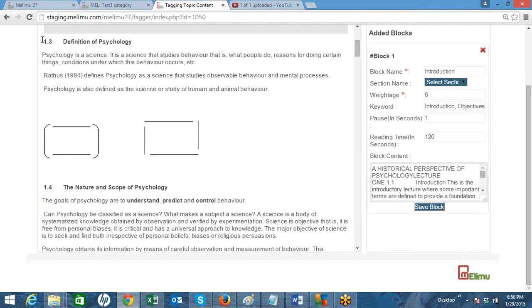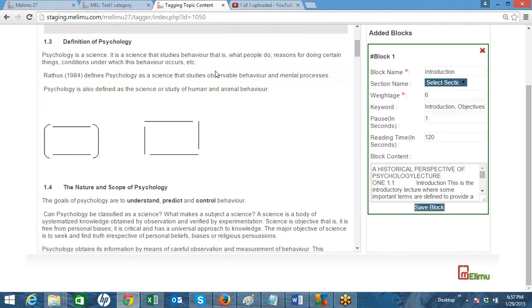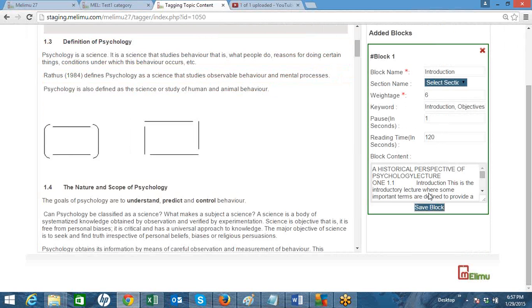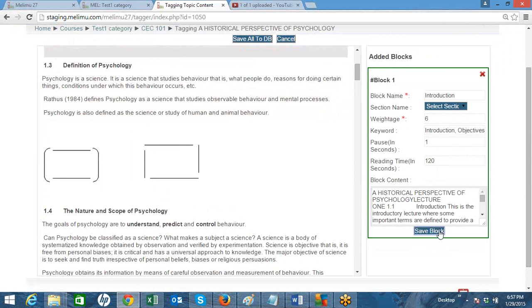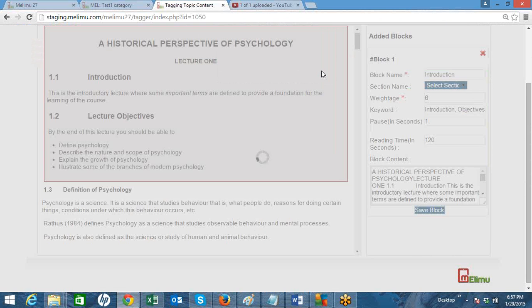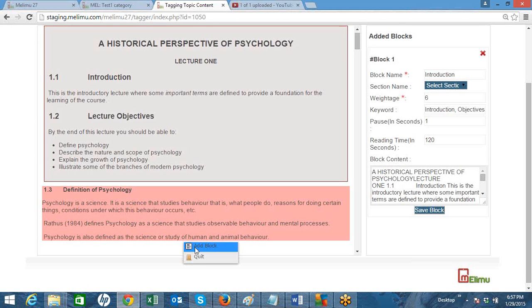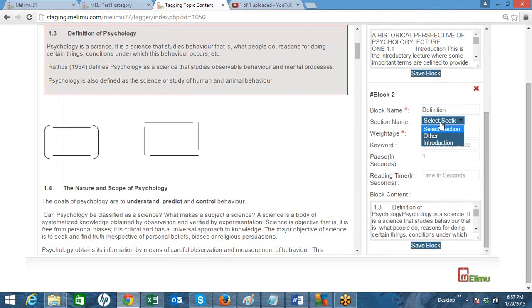Now you can again create the block. Like I want to create the block up till here. This is saying that you have already selected block 1. So first of all, save the block. The block is saved. Then try selecting separate text. Create a block. Provide information. Select the section name.